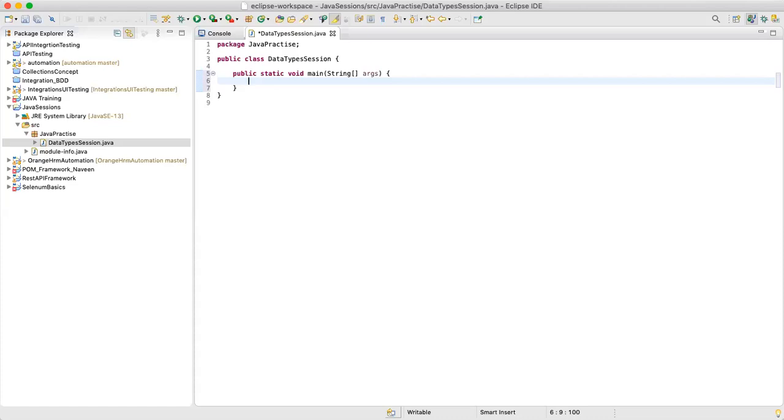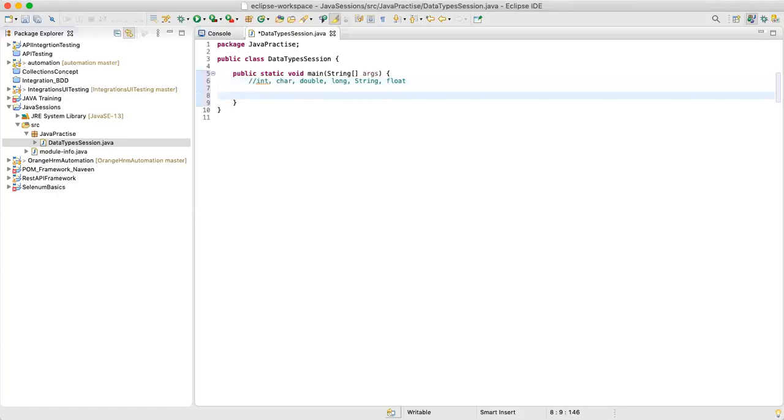Now what we have seen is there are various data types which Java has provided inbuilt. For example, we have integer, then we have character, then double, then long, and we also have string, which is not a primitive data type, string is a class. And we have float. So these are all of the data types which Java has provided, which we can use to store our variables or any data.